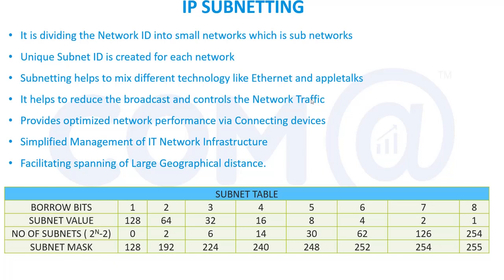To easily understand, we are going to break a bigger network into smaller networks. What I mean by a bigger network is one network that may have 255 IPs, and now I am going to break that into smaller networks. That is in class C. If you take class A, you will have more IP addresses, right? So we'll have to break the IP addresses into smaller networks so that we can easily manage them. Here I've given the subnet table, so you can look into it. Borrow bits, subnet value, all these things I'll explain in the coming slides.